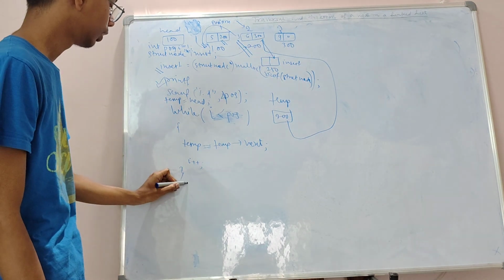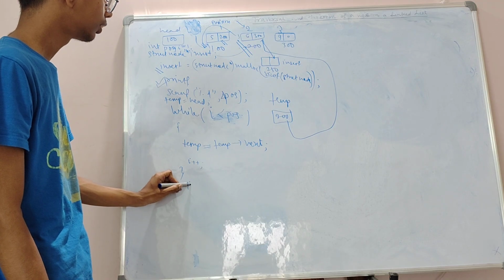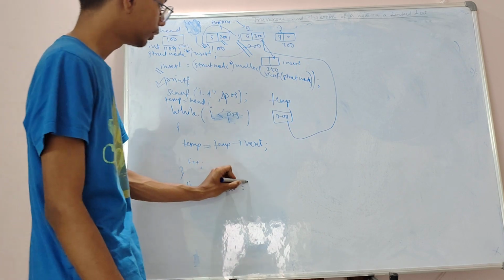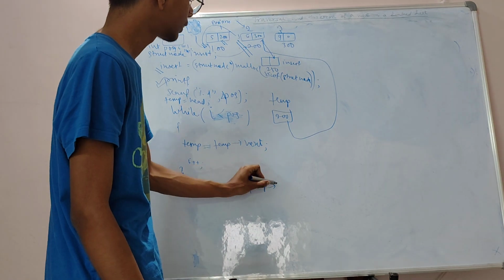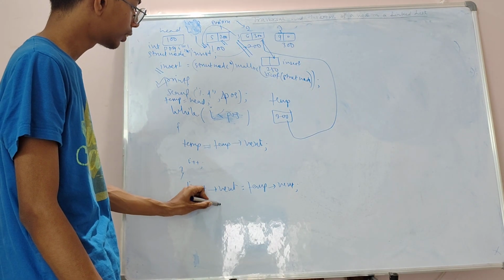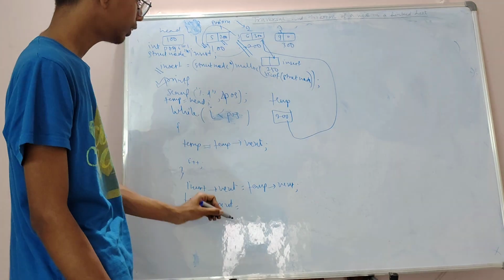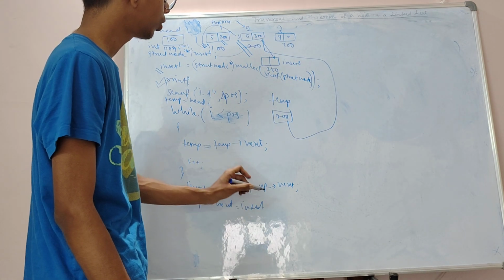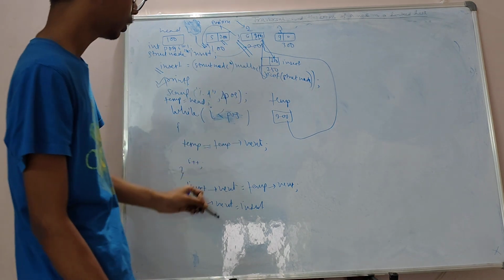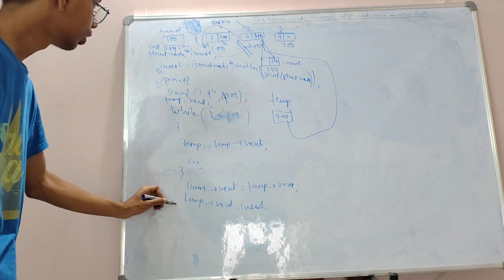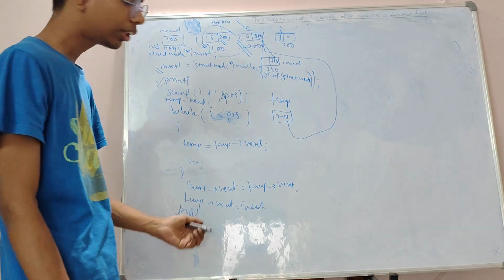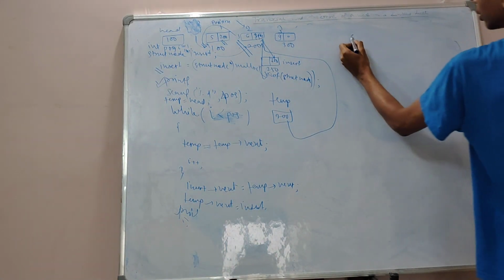So what I will write: insert arrow next will be equal to temp arrow next, right? And temp arrow next will be equal to insert, right? Because insert contains the address of this part, so eventually it will be this. And then I will ask my user which data you want to insert, right? I am not writing the printf, which data you want to insert,